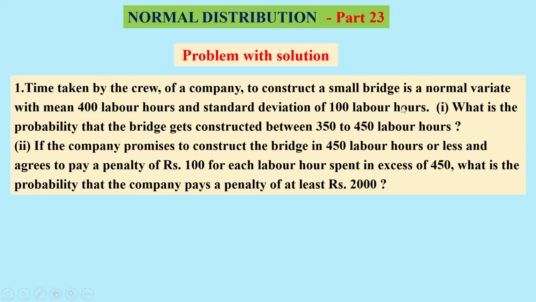Next problem. Time taken by the crew of a company to construct a small bridge is a normal variate with mean 400 labor hours and standard deviation 100 labor hours. First question, what is the probability that the bridge gets constructed between 350 to 450 labor hours? Second one, if the company promises to construct the bridge in 450 labor hours or less